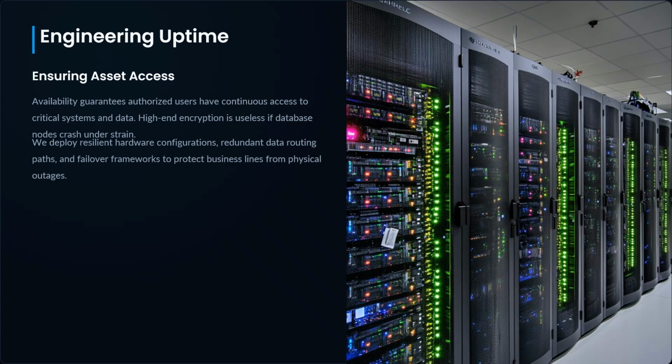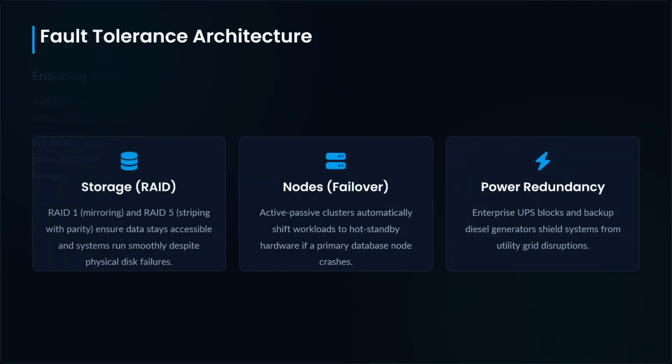For example, RAID 1 mirrors data across 2 drives, while RAID 5 stripes data across 3 or more drives along with parity information. If a single drive suffers a physical-mechanical failure, the system stays online without data loss. Power redundancy: uninterruptible power supplies, UPS, and backup generators shield critical network infrastructure and servers from power surges, sags, and